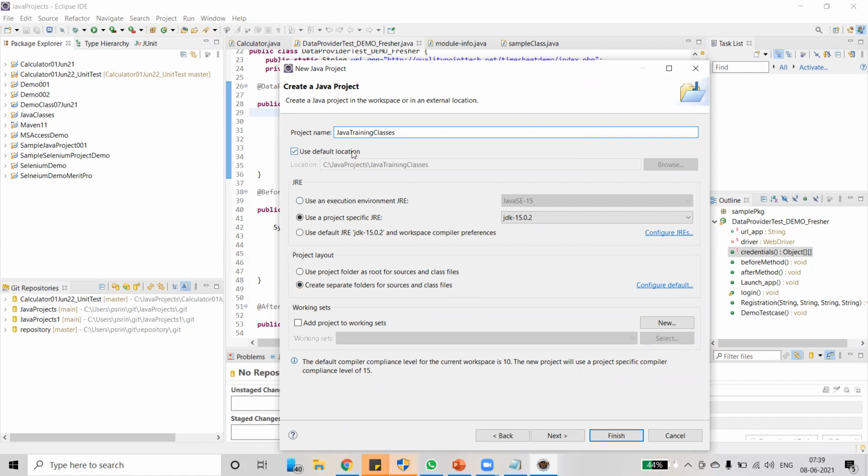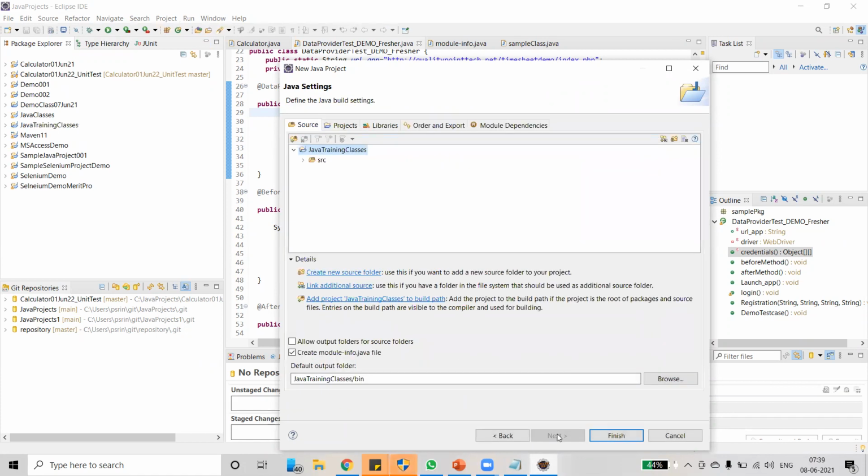Java Training Classes is the project name, and the standard edition of the Java runtime environment which I'm using is JDK 15.0.2. Click Next. Click Finish.